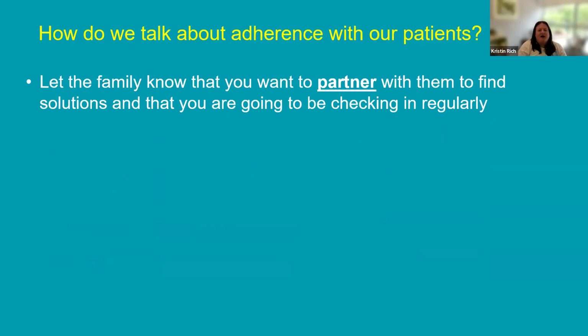As I alluded to before, I think an important piece of this is to break down the hierarchy and let them know that you want to partner with them. Again, there is a power differential here, and there can be a lot of pressure, shame, guilt, if a parent isn't able to help their teen, in particular, or their child with their medication. So we want to say, we're going to address this together. We're going to work with you. When you leave here today, this discussion doesn't end, and we're going to be checking in with you to see if these interventions help. And that goes a long way for parents to feel more relieved, a little bit more confident, and hopeful that this can be addressed.